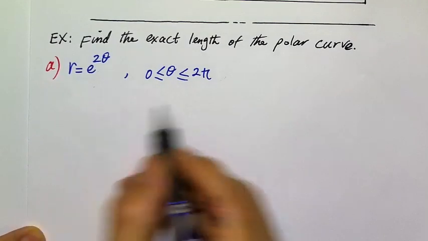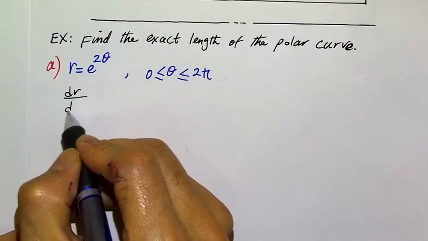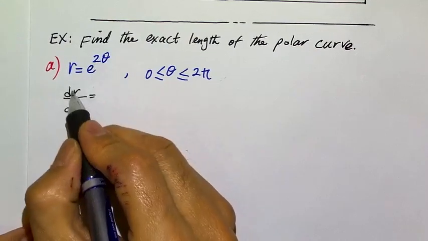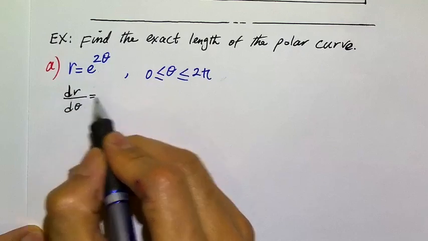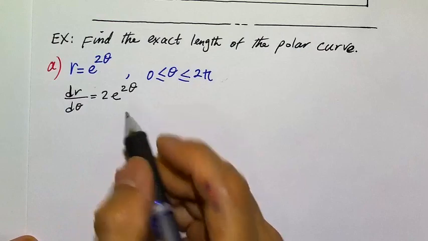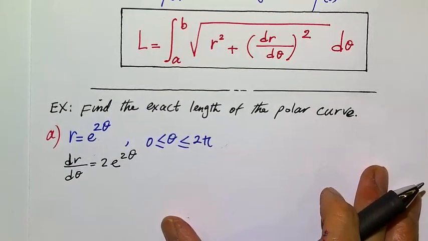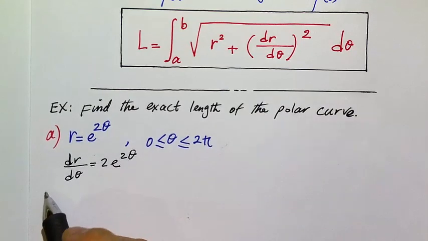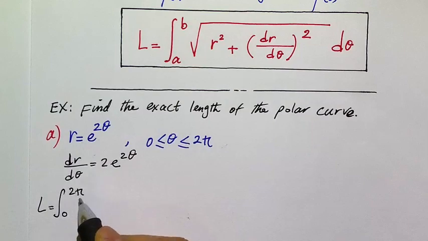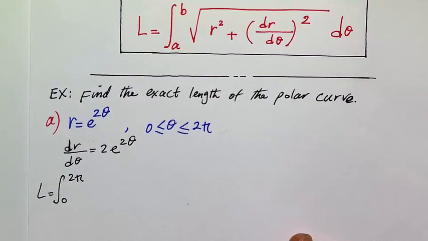So let me first calculate dr d theta. So dr d theta is simply the derivative of that, which is 2 times e to 2 theta, right? And then the length of the curve, maybe I can still bring it on the screen. Yeah. So we're going to apply that. So length is integral from 0 to 2 pi. Let me move it up a little bit. And then square root of